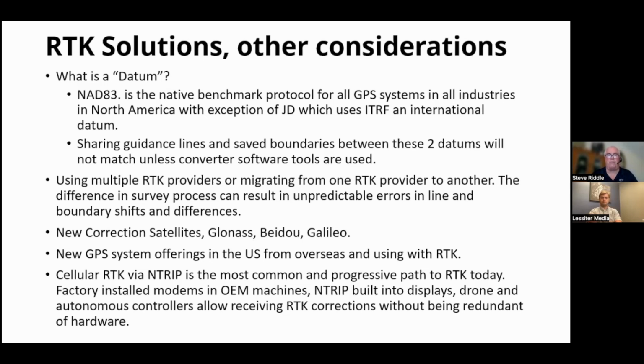Each provider of cellular RTK has a unique identifier: there's a host server number and a port number. Those are specific to each provider. And then you're given a username and password credential,